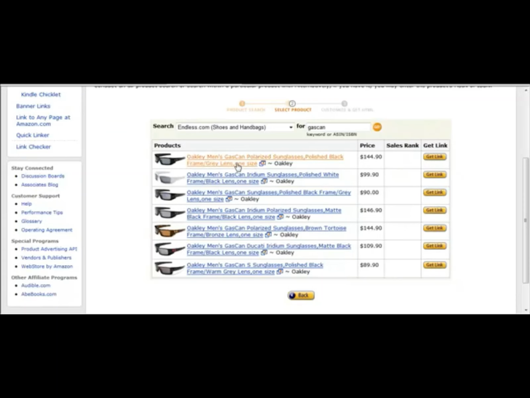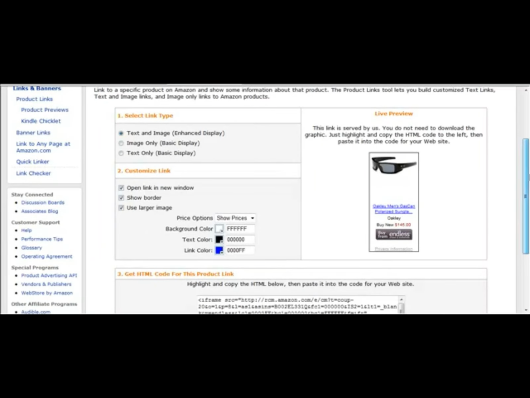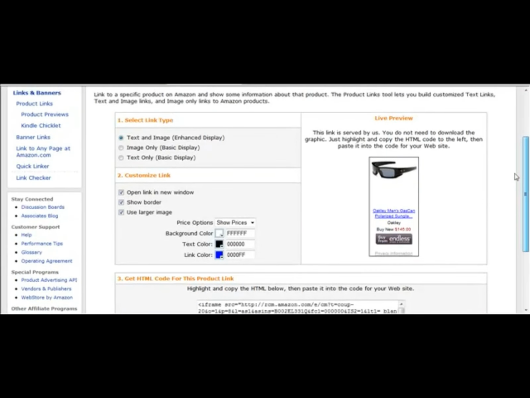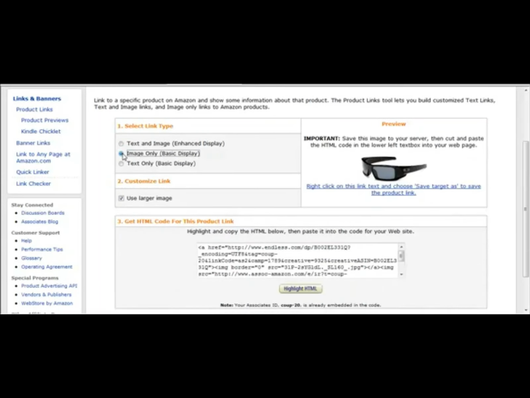So what I recommend you do, we're just going to select, let's just say this one. That looks good, this black one here. And what you want to choose next to the product you want to be promoting is go ahead and select Get Link. Then it's going to give you several different options as far as choosing your link and how that goes. It's going to ask for a text and image,